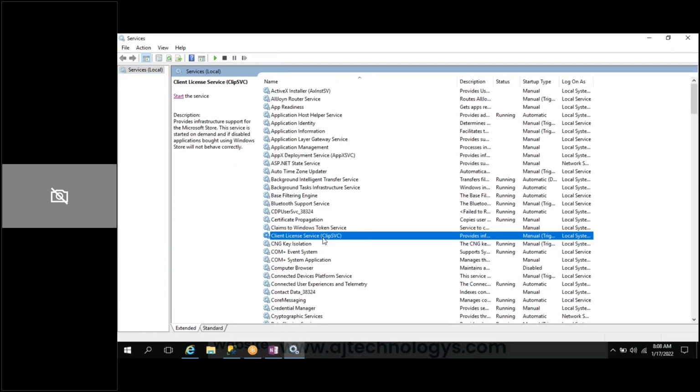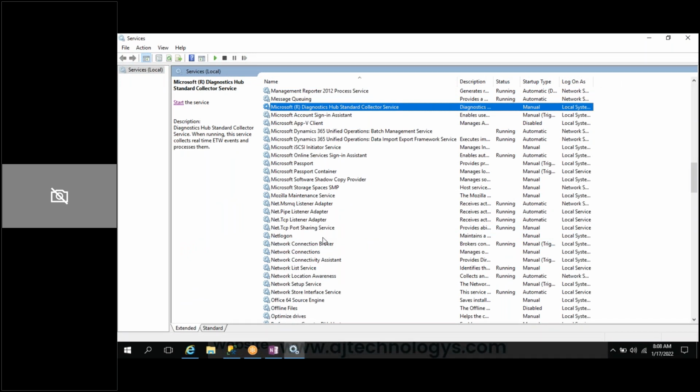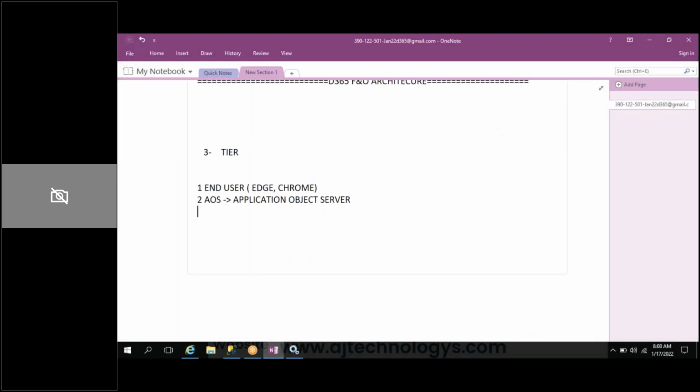Here you could see Microsoft Dynamics Application Object Server, but from when D365 came to the picture, it was not available here, because Microsoft moved this into IIS. IIS full form is Internet Information Services. Okay, it is moved into IIS, Internet Information Services.